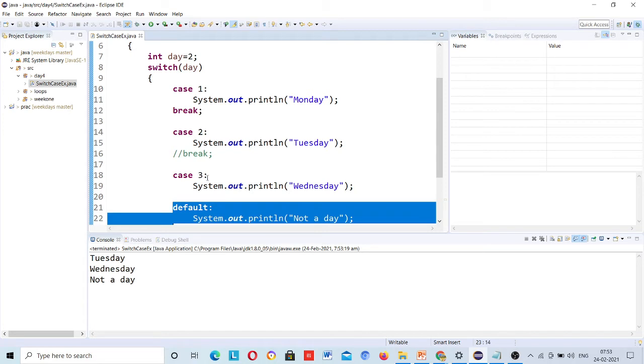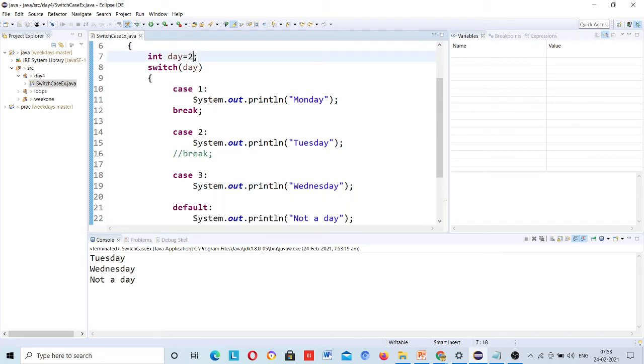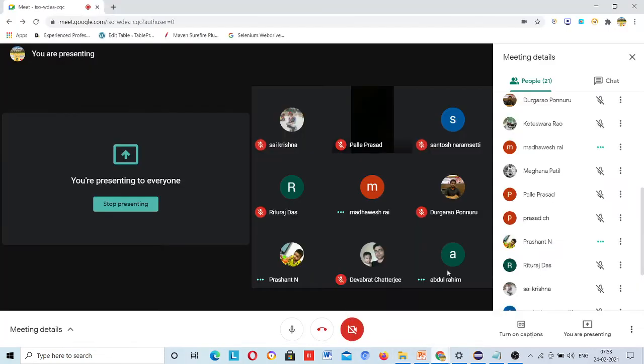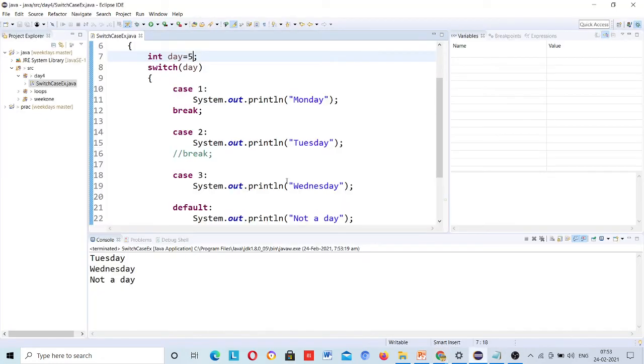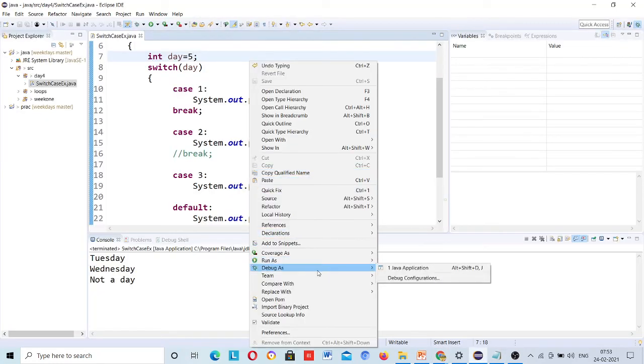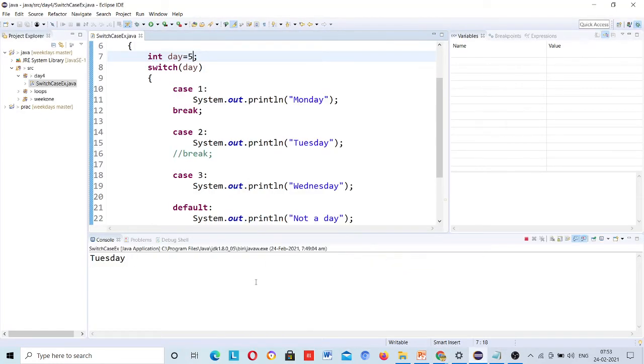Suppose here I have used 5. Anyone else want to try? Yes, default, because it doesn't have any matching case, so it will run the default case.